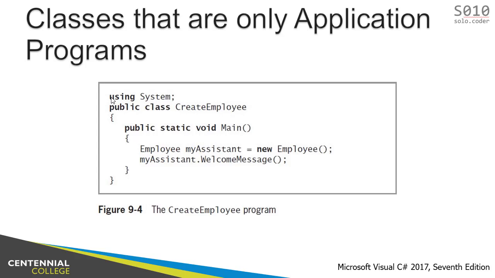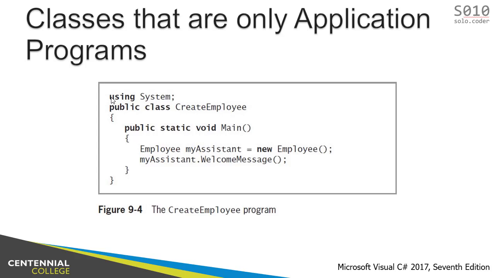Employee My Assistant, what is that? How is that called in general? I'm doing what? I'm declaring a variable. When it comes to more complex structures like objects, we don't necessarily call them variables, we call them objects. Variables, we keep them for integers, strings, doubles, but for objects, those more sophisticated types, we call them objects, okay? So here, employee My Assistant, up to here, I'm defining the object. I'm just declaring,